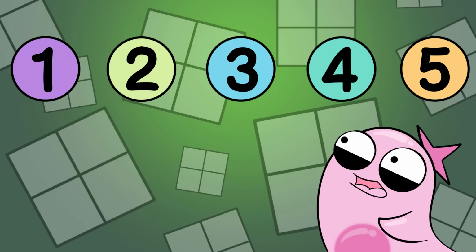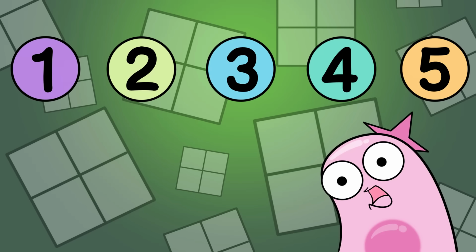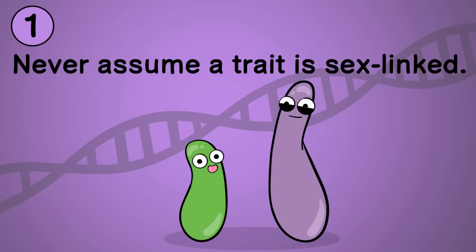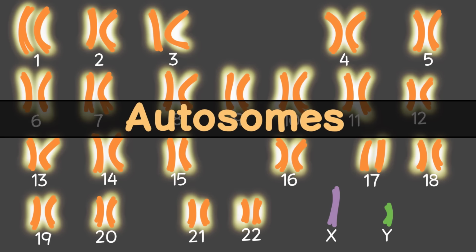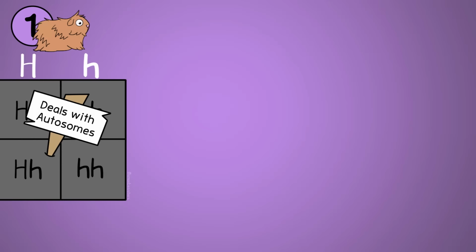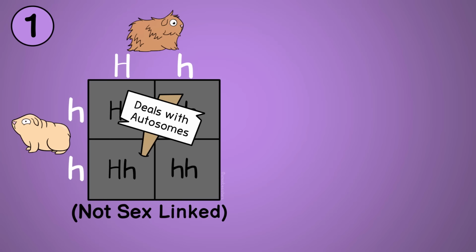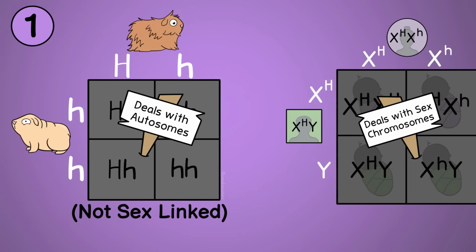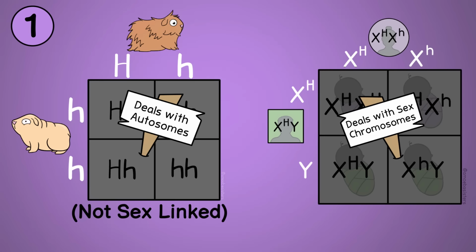5 things to keep in mind when you are working on these kind of Punnett squares. Number 1, you do not want to just assume a trait is a sex-linked trait, because many traits are not sex-linked. More traits are found on the autosomes, actually. Autosomes are all the chromosomes that are not sex chromosomes. When you first started practicing with Punnett squares, it's likely those were problems that were not sex-linked, and thus the sex chromosomes of the parents would be irrelevant on the square. So never assume the problem should indicate it's a sex-linked trait in some way.